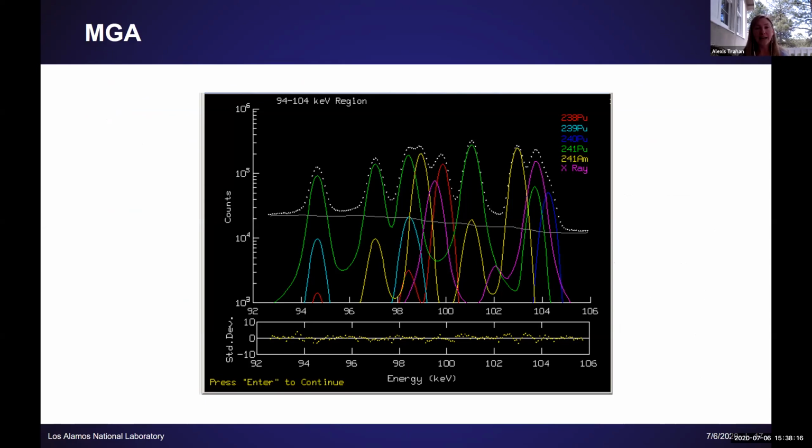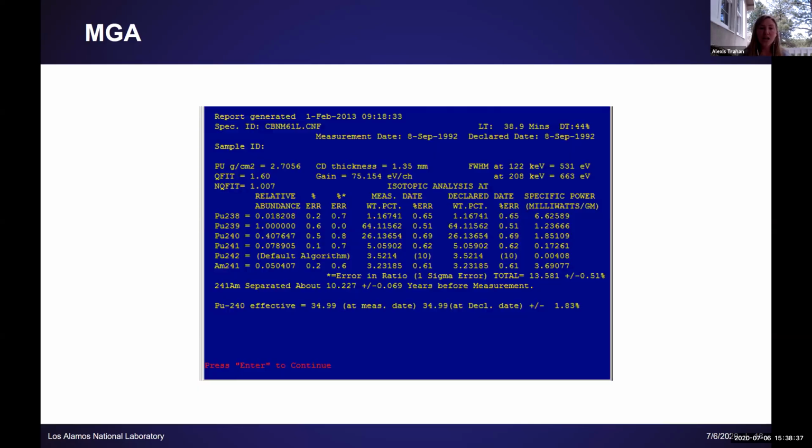So you have all these different additive gamma rays that form all these peaks. They give you all these peaks in different energies. They all add together to make the signal you're getting with your detector. And then this MGA software, this analysis algorithm, can go back and decouple and disentangle this signal to show you what the contributions are from individual isotopes. And then it pops out this nice report, which shows you the relative abundance of the different isotopes of interest.